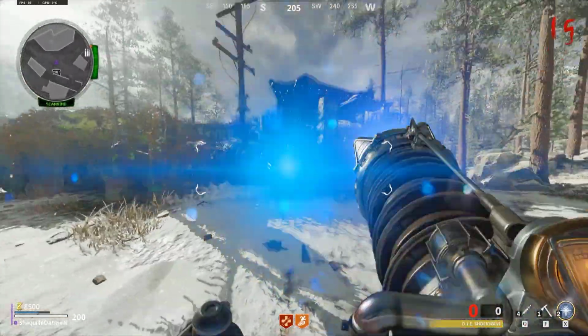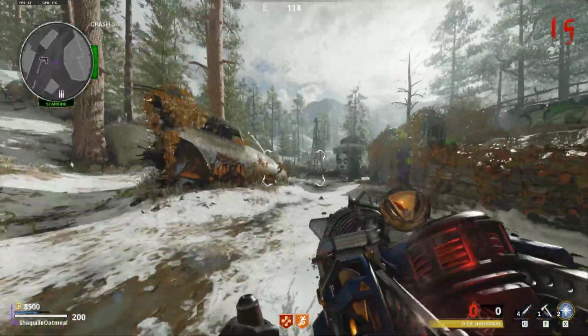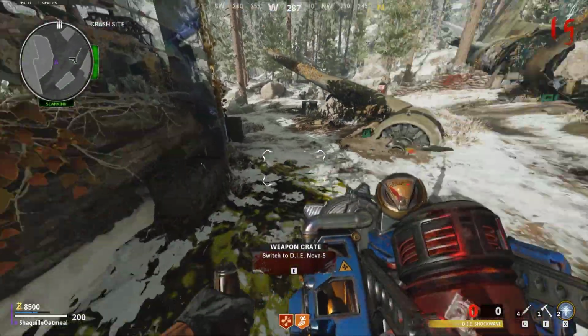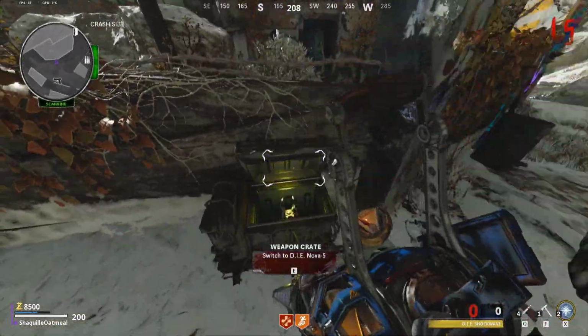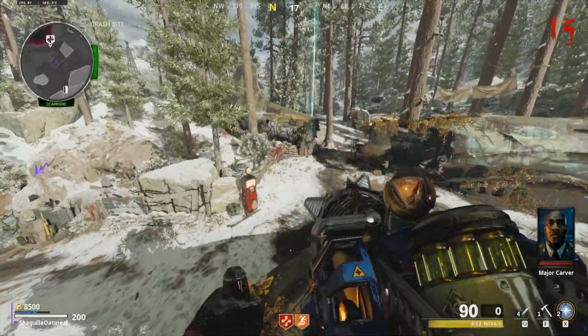And the only reason I think that the electricity is better than Nova 5 is because you can use the electricity on the bosses way easier. You kind of have to arch the Nova 5 in a certain way for it to hit, and the hitbox is kind of small at first. It spreads out, but